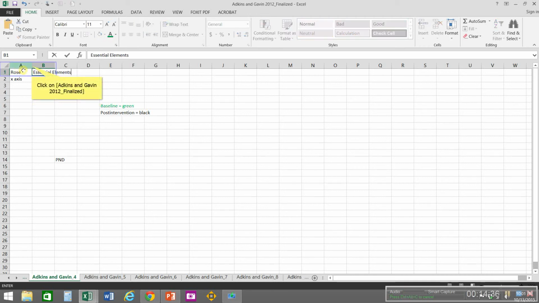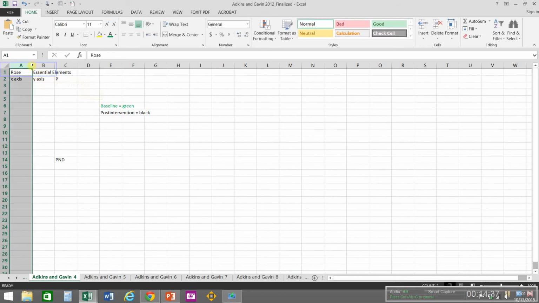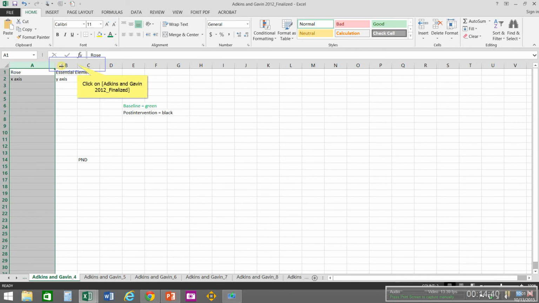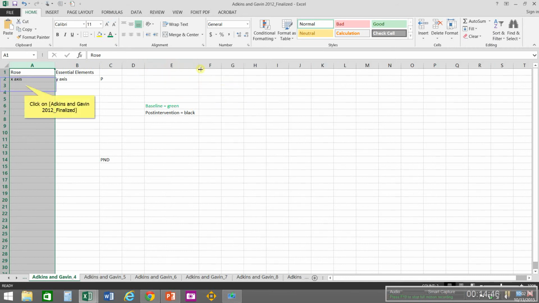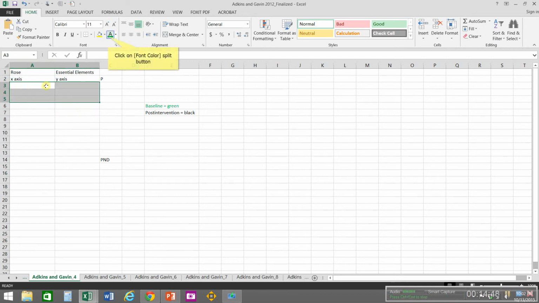I'm going to widen these columns. Rose's first three data points were green. I'm going to go ahead and do that,